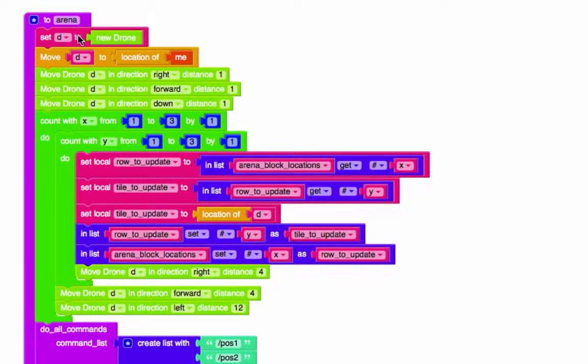Otherwise, it might be initialized where the player is looking at, or somewhere in the air if they're looking not at a block, not at the ground. So moving D to the location of me always makes D right at your feet. And so we have some movement commands. It's going to move right, forward, and then down. And so the drone is going to be at the,